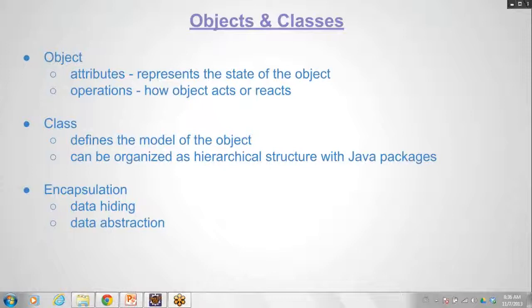He can walk, he can run. So each object has attributes and operations or functions that it can do. Attributes represent the state of the object, and operations represent how the object acts and reacts based on situations, based on the attributes of the object.